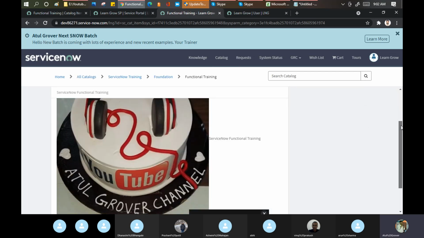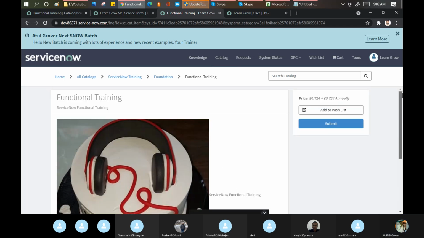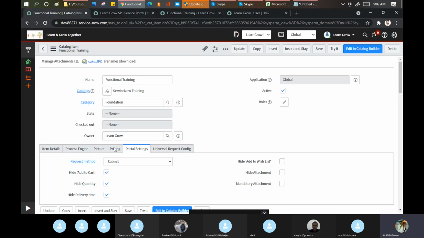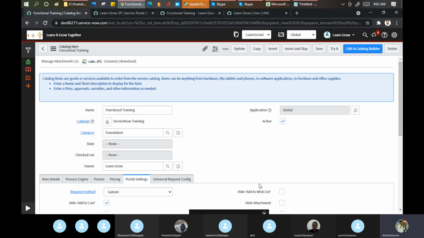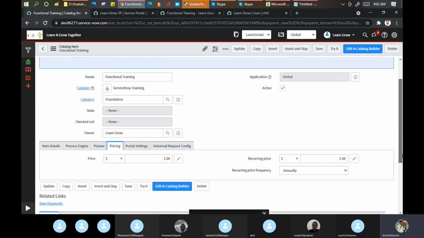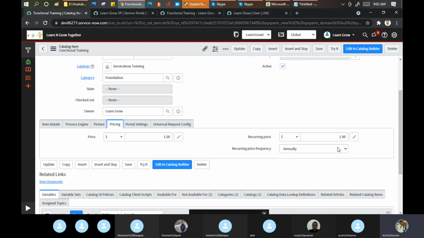The images which we put are coming here. Then it's showing this price plus this price annually. Where is annually coming from? It is coming from this particular pricing setting. Clear, or any doubt? Anyone?